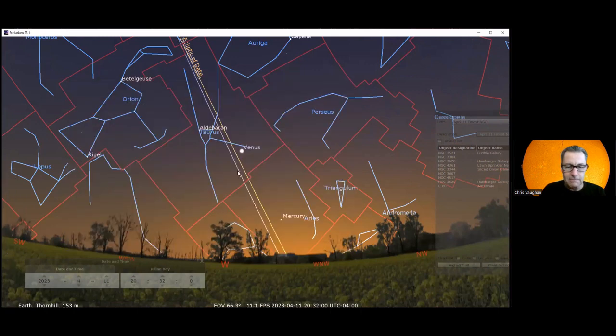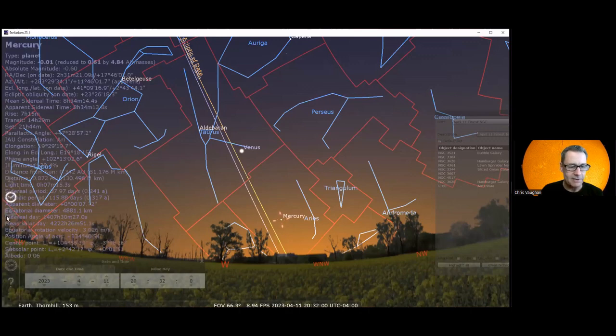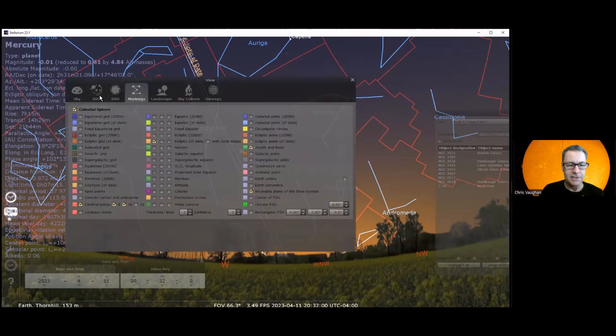So the sort of mauve line here would represent the average plane of everything that's orbiting the sun in the solar system, the average plane of the solar system. Earth's ecliptic, so Earth's orbit, would be the yellow line. So it's a little bit off of that average. And you can see that Venus is a little bit off of it, but Mercury's quite a bit off of it. And if I bring up Mercury's orbit here, which I can do this way,